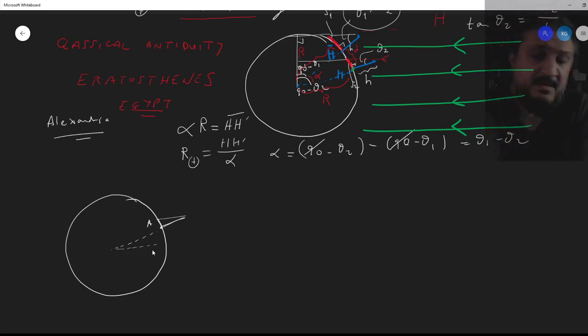Okay, so it's like this. There was a well, a water well. Okay, the water well is here, and there's water at the bottom, and you could see the reflection of the sun at the bottom of the well. So he knew that the sun was right above. Okay, this is the ray. So all he had to do is actually measure this angle here, alpha. Now these two lines are parallel, which means this will also be equal to alpha, right?